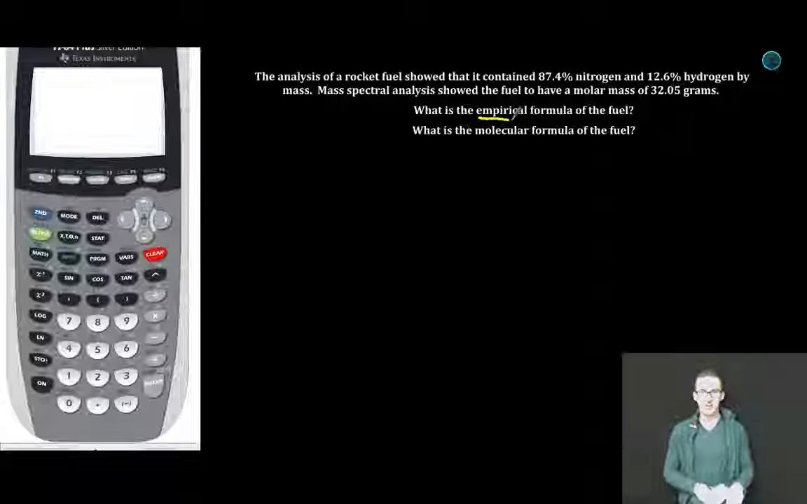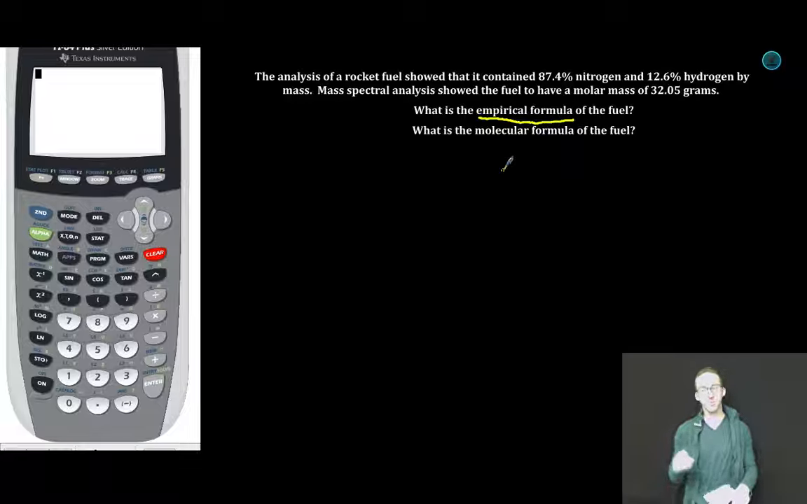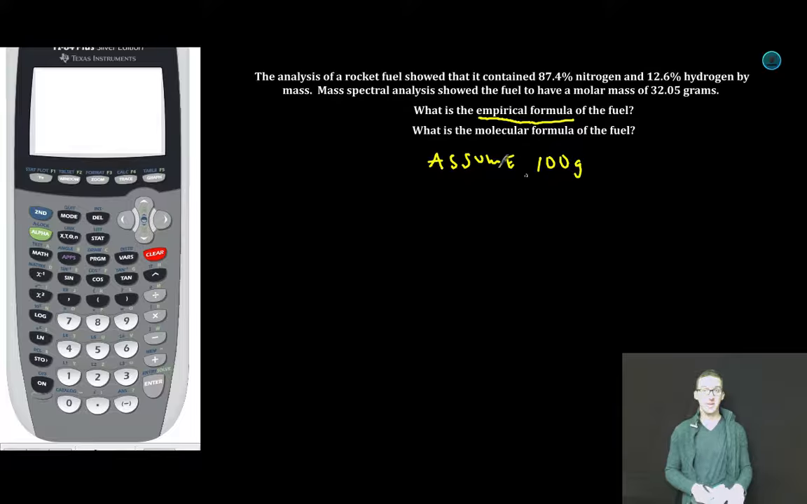All right, let's tackle empirical formula first. Remember, smallest whole number ratio of moles of your elements in the compound. We're given percentages. So the first thing I want to do is assume I have a sample of this compound that's 100 grams. If I assume a 100 gram sample and 87.4% of it is nitrogen, then